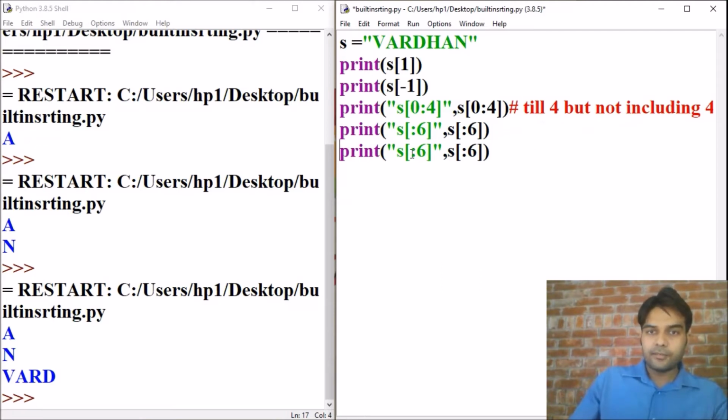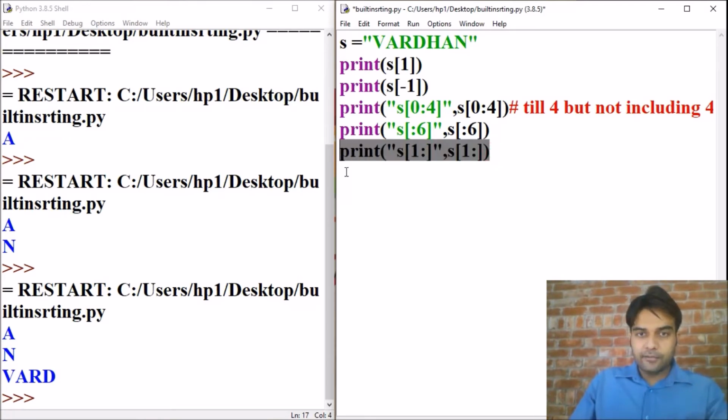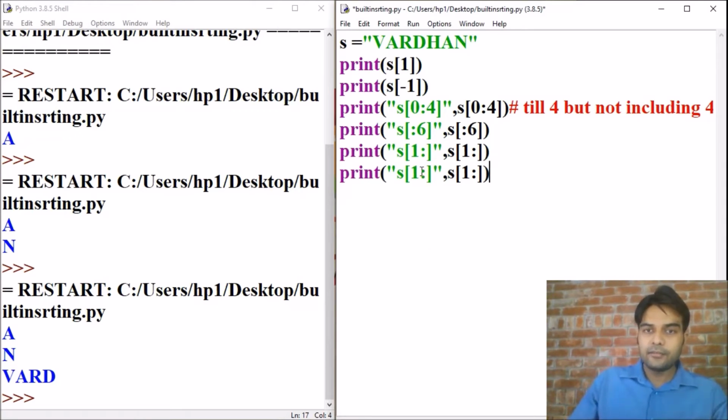In the next example, starting is defined but ending is not defined, so it will move from index 1 towards the end. And one more example in which both starting and ending are not defined.